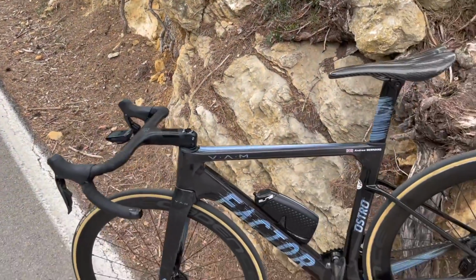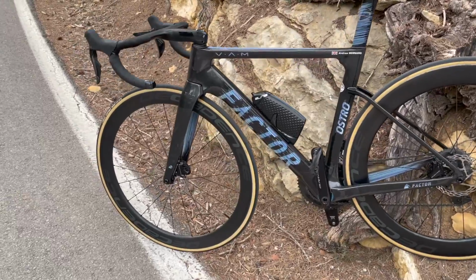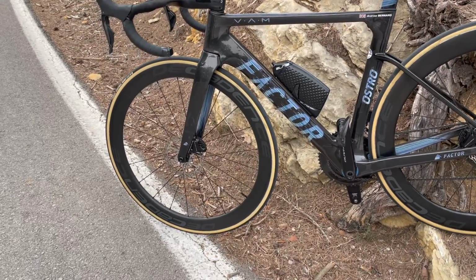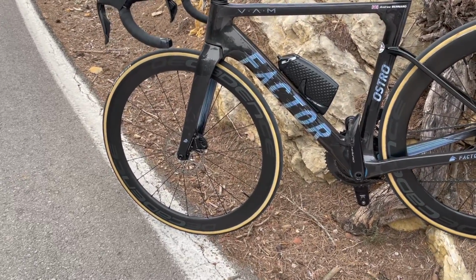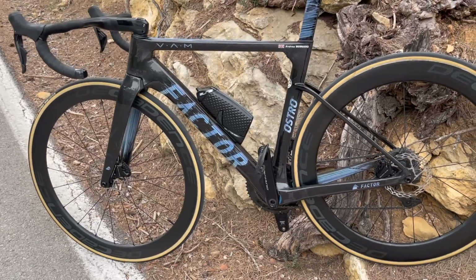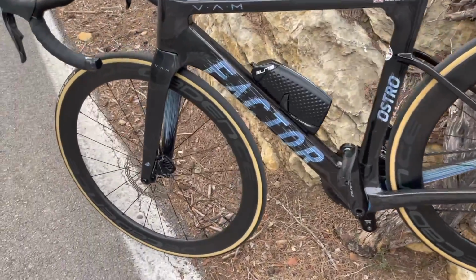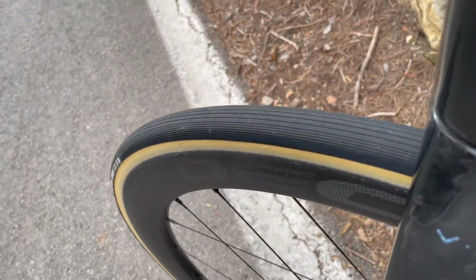And this is the Ostro at the moment. So with a shallower front wheel, I've gone for a 49, still Decadence, this fantastic Australian brand that are producing some really light, high performance wheels that are excellent value for money. Still got the 60 on the back. You can see the front has had the silicone treatment,